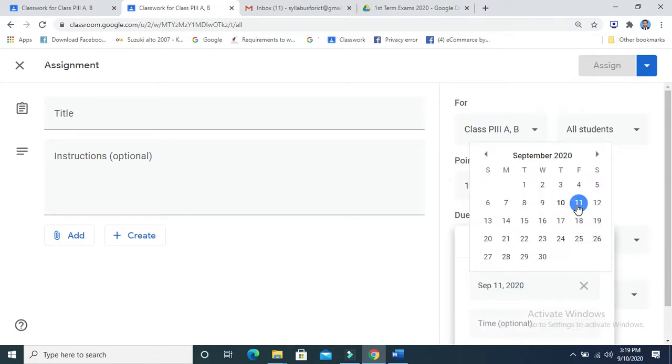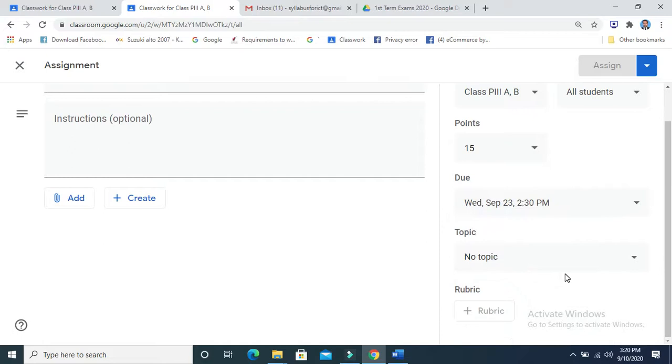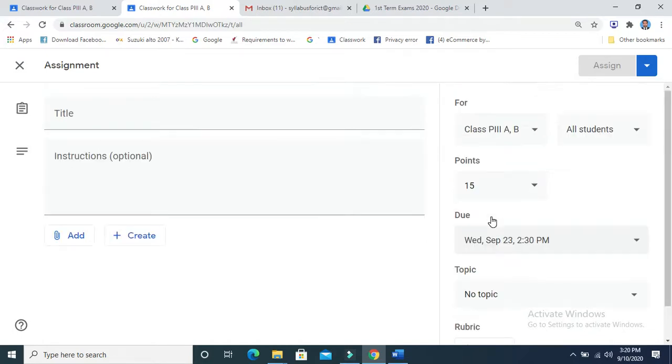For example, the MCQ is over at 140. According to the instructions given to us, 1 mark is 1 minute, so we will do it that way, and you can also confirm the time with the concerned supervisor. Let's suppose this paper is on the 23rd and we mention the time. After calculation, let's suppose it comes to 2:30 p.m., for example. This is the time by which the student should submit.